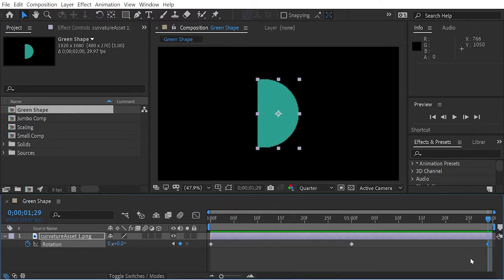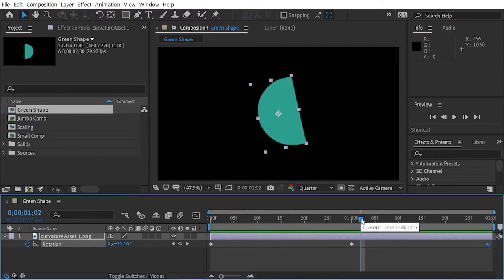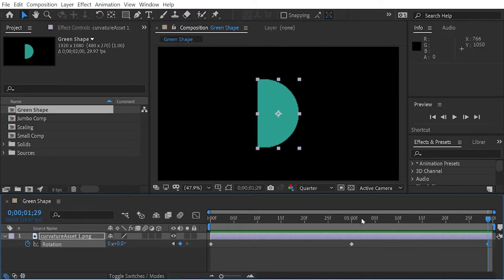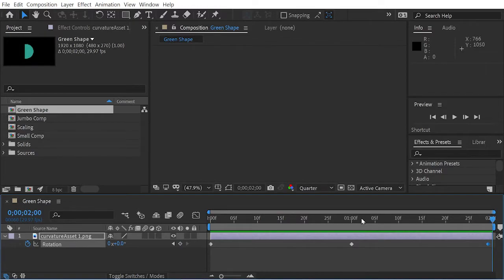So what you need to do is press End. If I was somewhere here, I could press End, and I'd go to the final frame. But because it's actually 2 seconds long, if I then press Page Down, you see I'm actually able to get to another frame. It doesn't show in the comp view anymore, but you see I can still put a keyframe in there. So if I then put this one as 0, and I just remove this one,